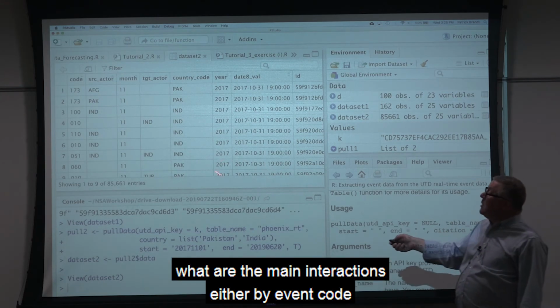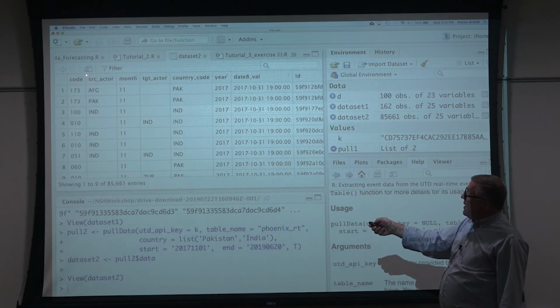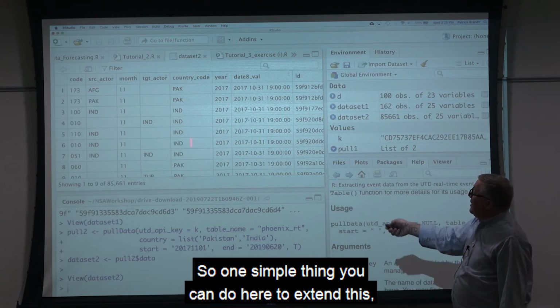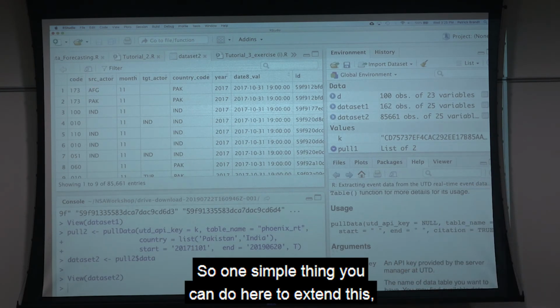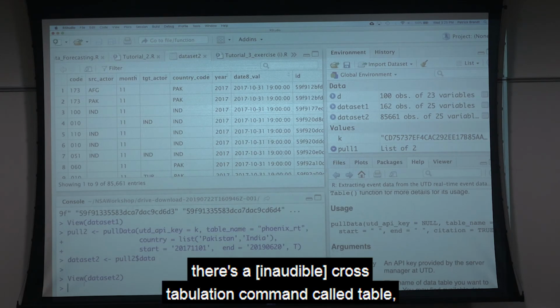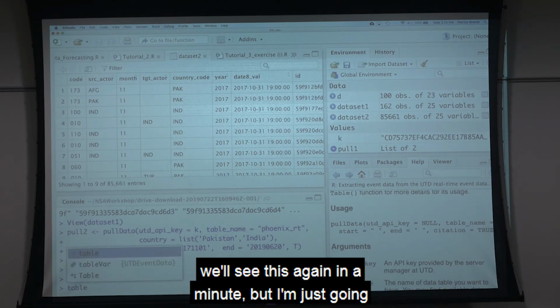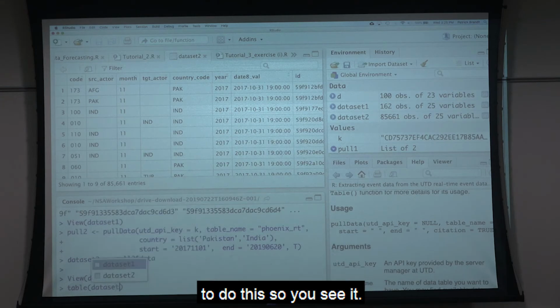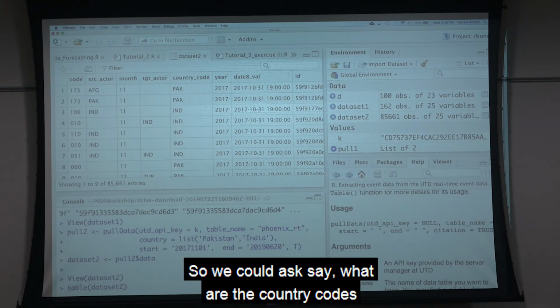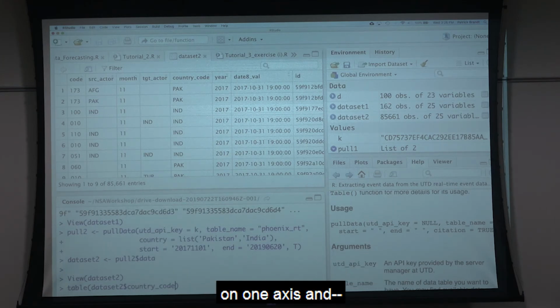And then you could look at what the main interactions are, either by event code or by country code type. So one simple thing you can do here to extend this, there's a simple cross-tabulation command called table. We'll see this again in a minute, but I'm just going to do this so you see it. So we could ask, say, what are the country codes on one axis, and